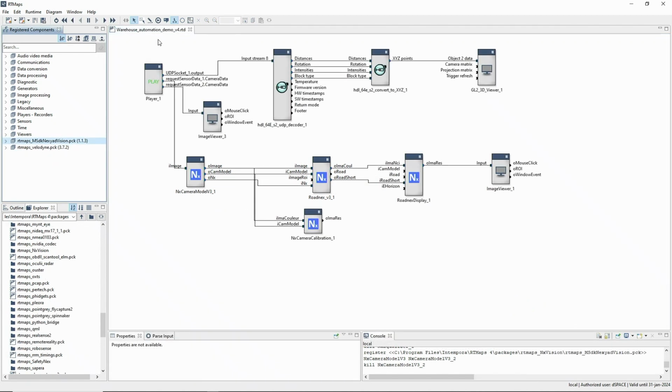So this is the complete demo. And as you can see on the screen, we have 3 sensor streams. The first one is the simulated LiDAR stream from Velodyne, which is pre-processed using RT-Maps' Velodyne decoding components, and then we can visualize this. And to have the top view of our AMR, we also have one camera stream. We just go into the RT-Maps viewer.